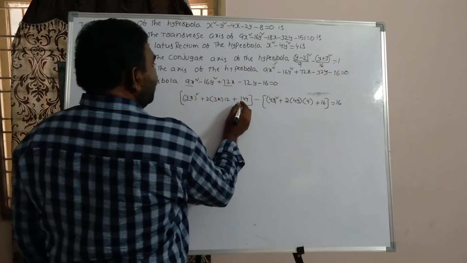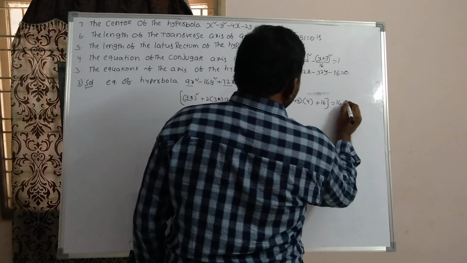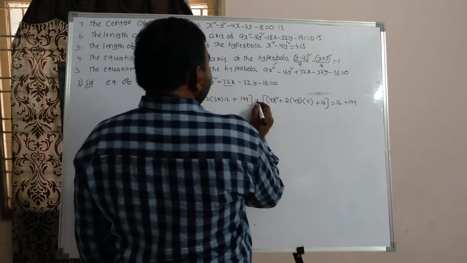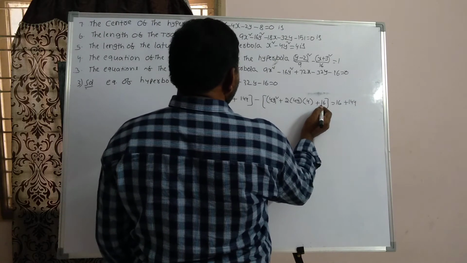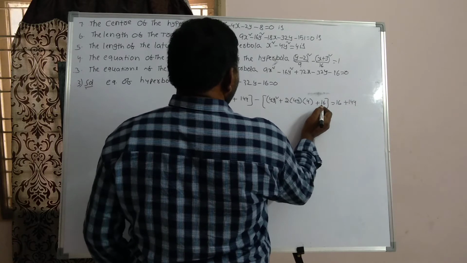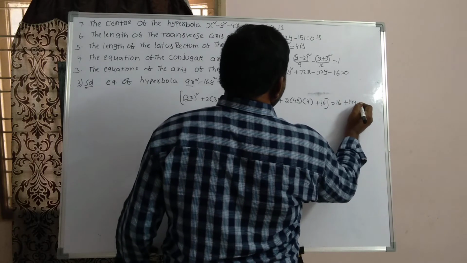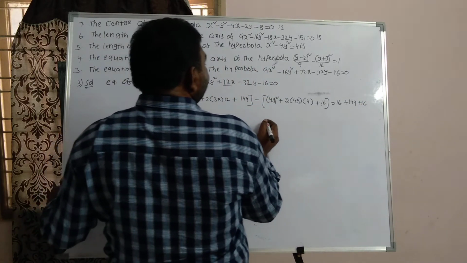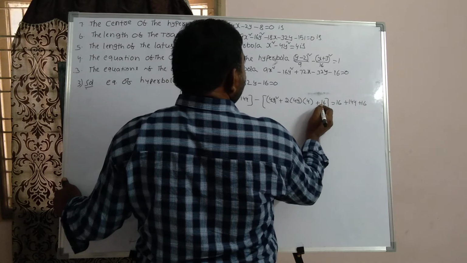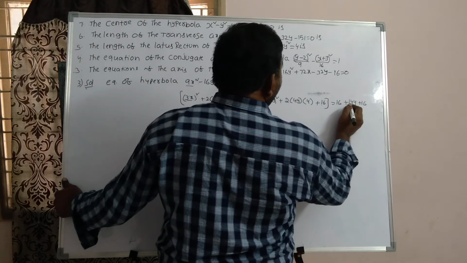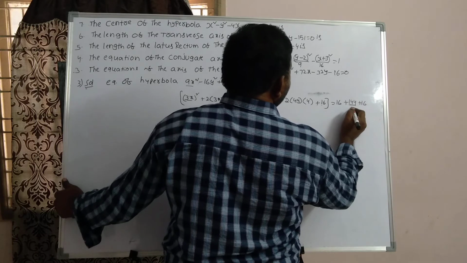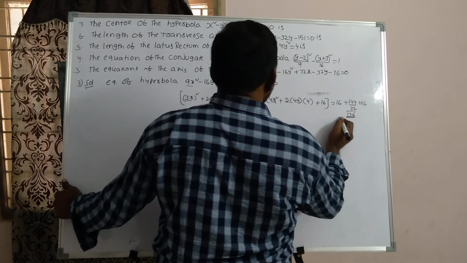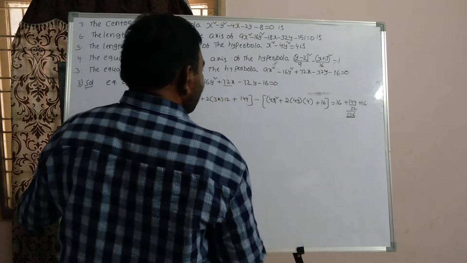Here minus 16 take to the side, that means 16. Here how much did you add? 144. So this side also you add 144. Here 16 is subtracted, so this 16 is added. So here 144, 16 plus 16, 32, totally 176. We get here this side 176.